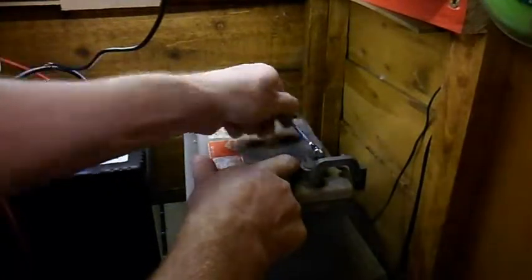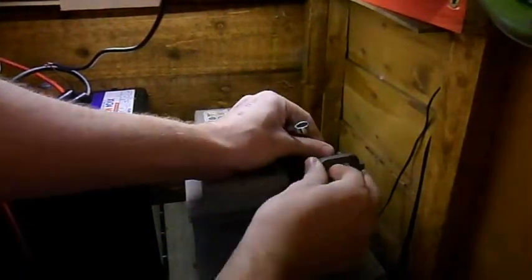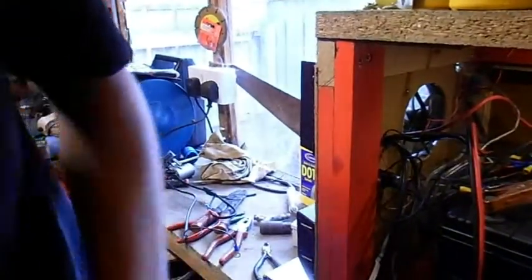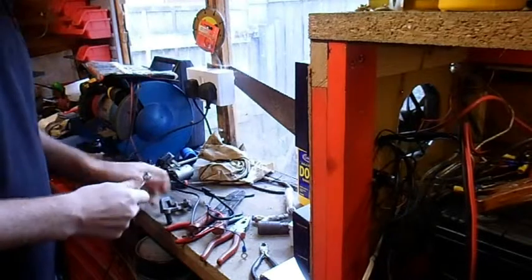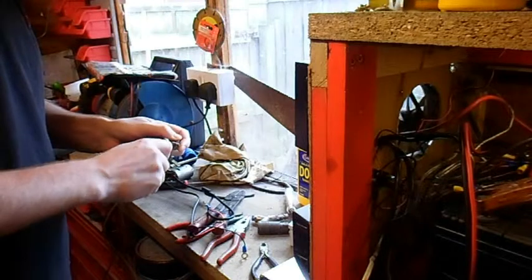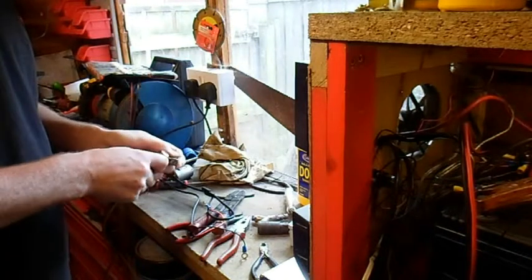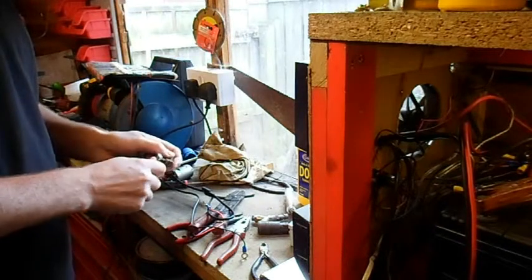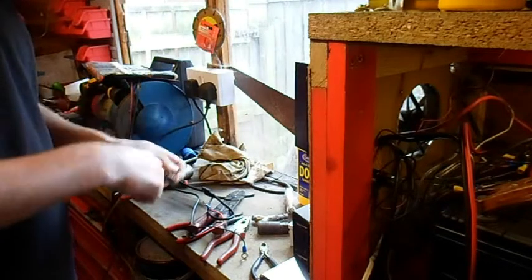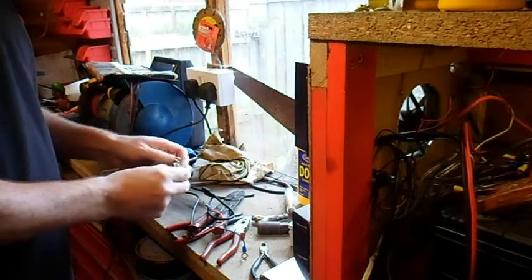I'm wanting to get a few more batteries. Obviously, let me take this off, it's just easier. It's going to be a case of now having to wait, partly due to the fact Christmas is coming up. And I want this to be a good Christmas this year. Not saying other ones haven't been, but every Christmas is different, and you just want to make it as good as possible. So,